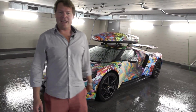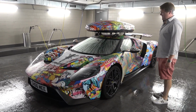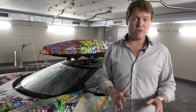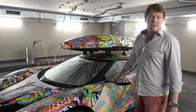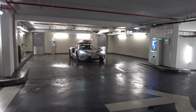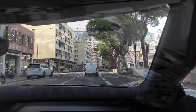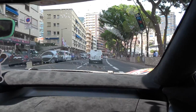Just a little bit hot and sticky now, but the easiest way to dry a car, especially once you've used the things that they have here, is to go and drive it. So I vote for a quick run up the hill on some roads that I've enjoyed even before I had the Vantage Roadster, back with the Audi S5, to go take this. So let's do it. With the AC blasting in here, because to be completely honest, I need it right now,